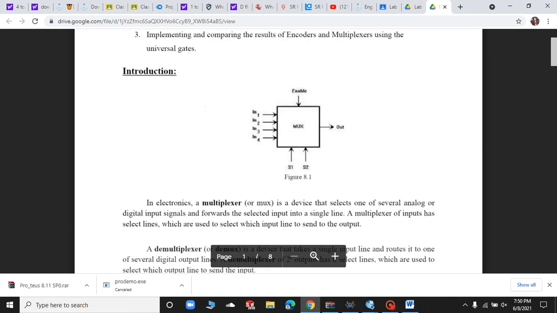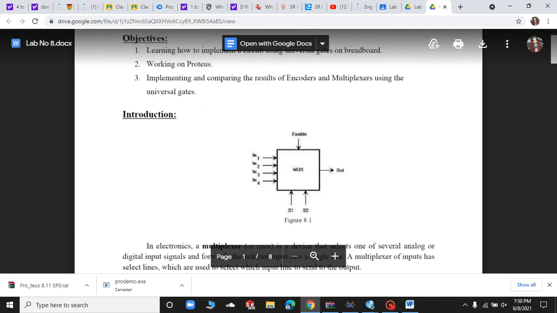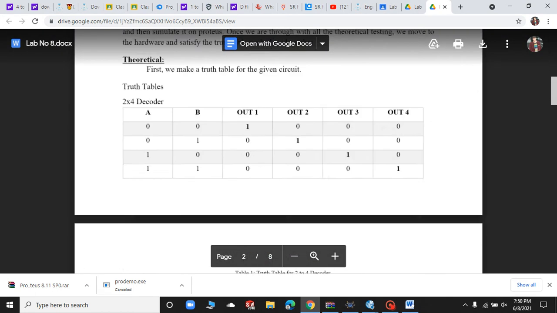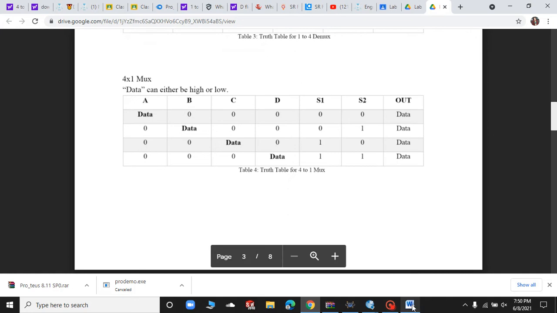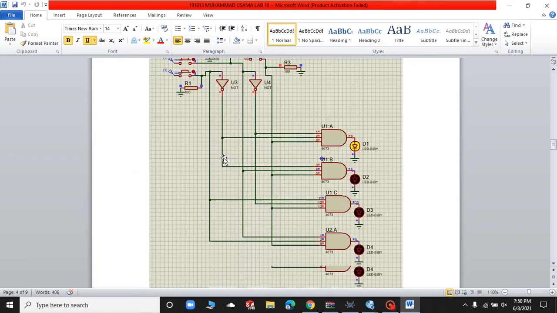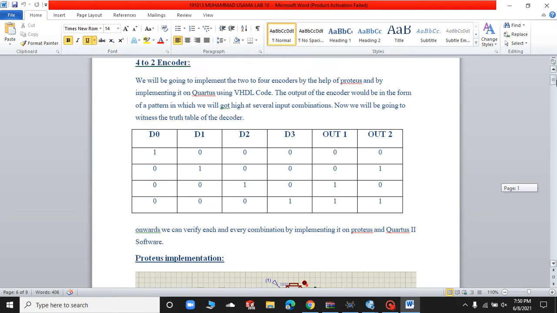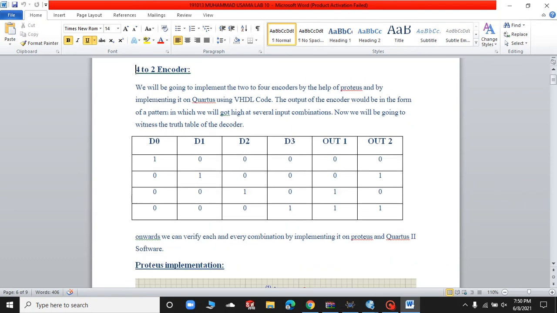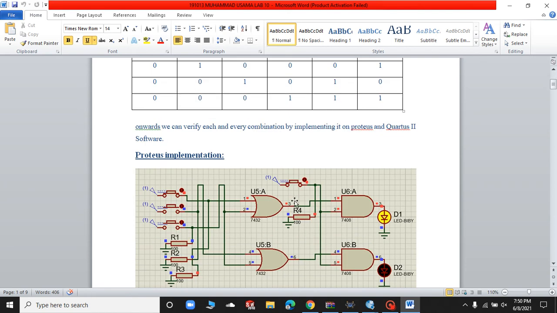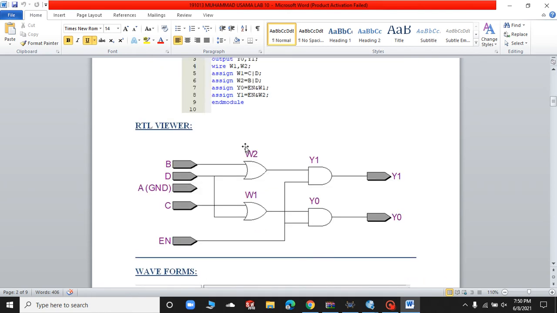First of all I will show you the decoder circuit, which I have made in my manual. This is the decoder circuit. This is the encoder circuit, a 4 to 2 encoder. This is the table and this is the Proteus implementation of the circuit.